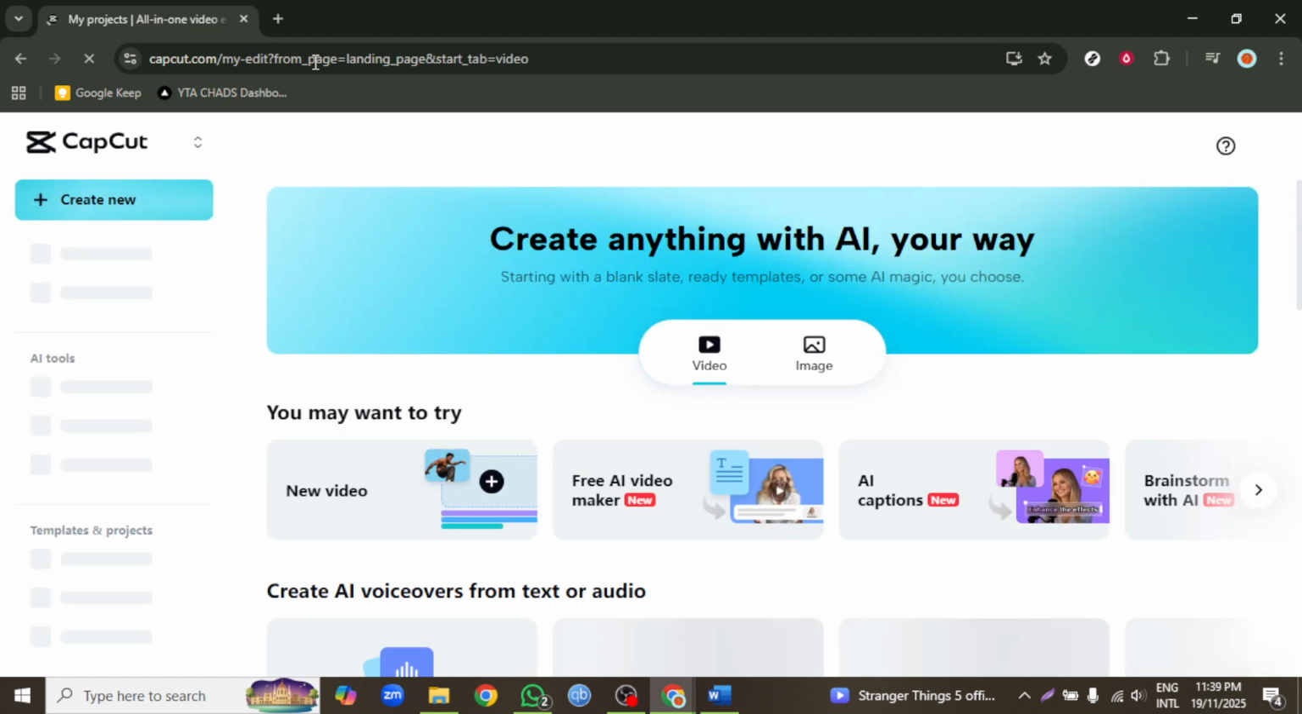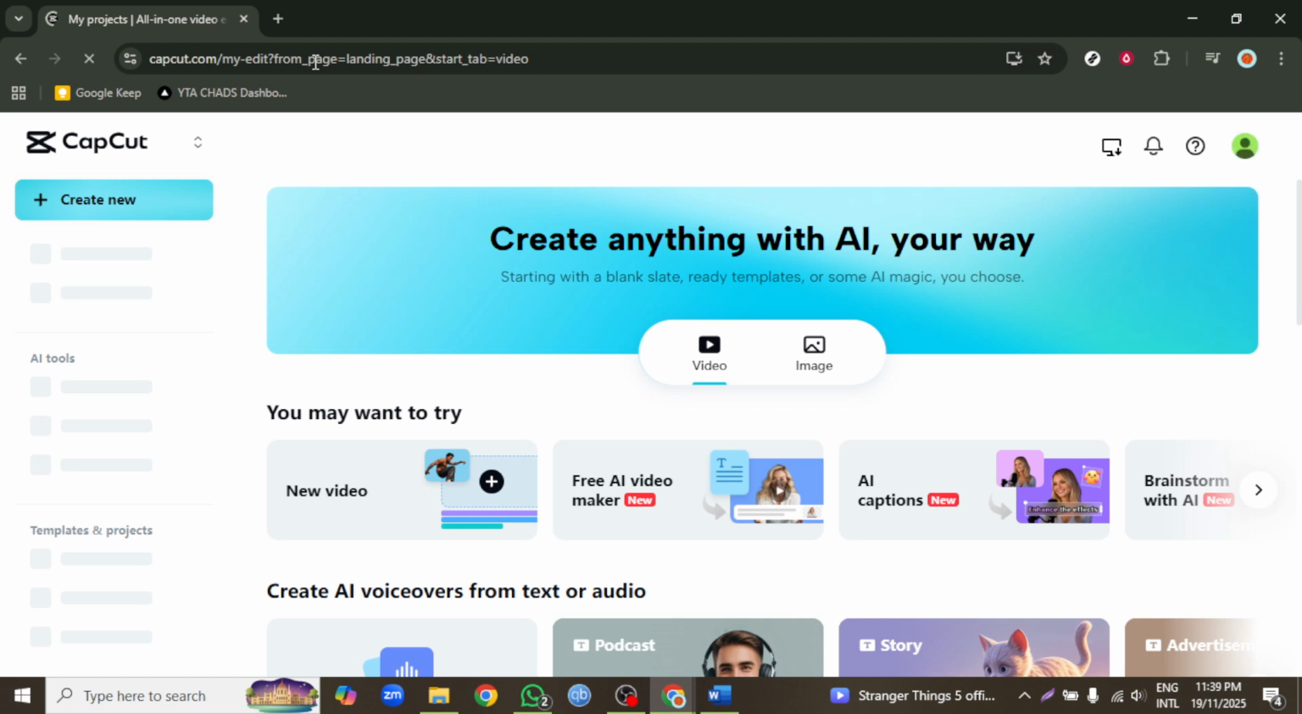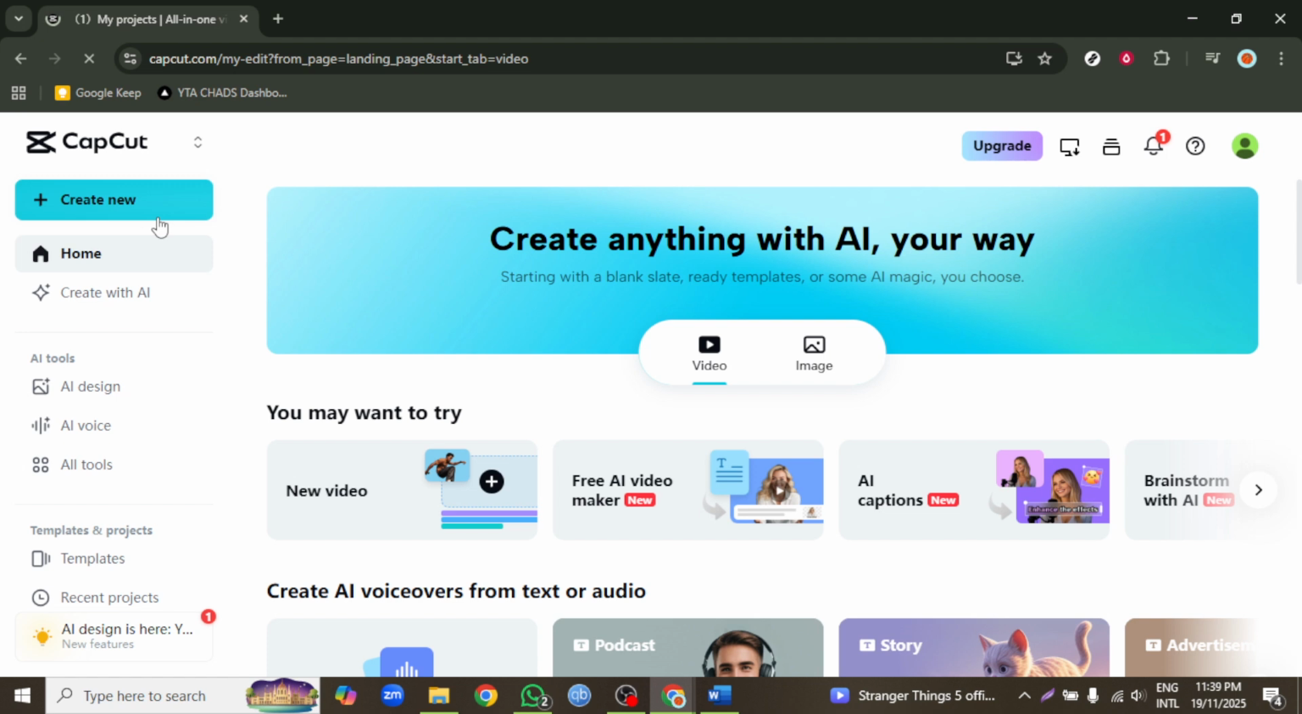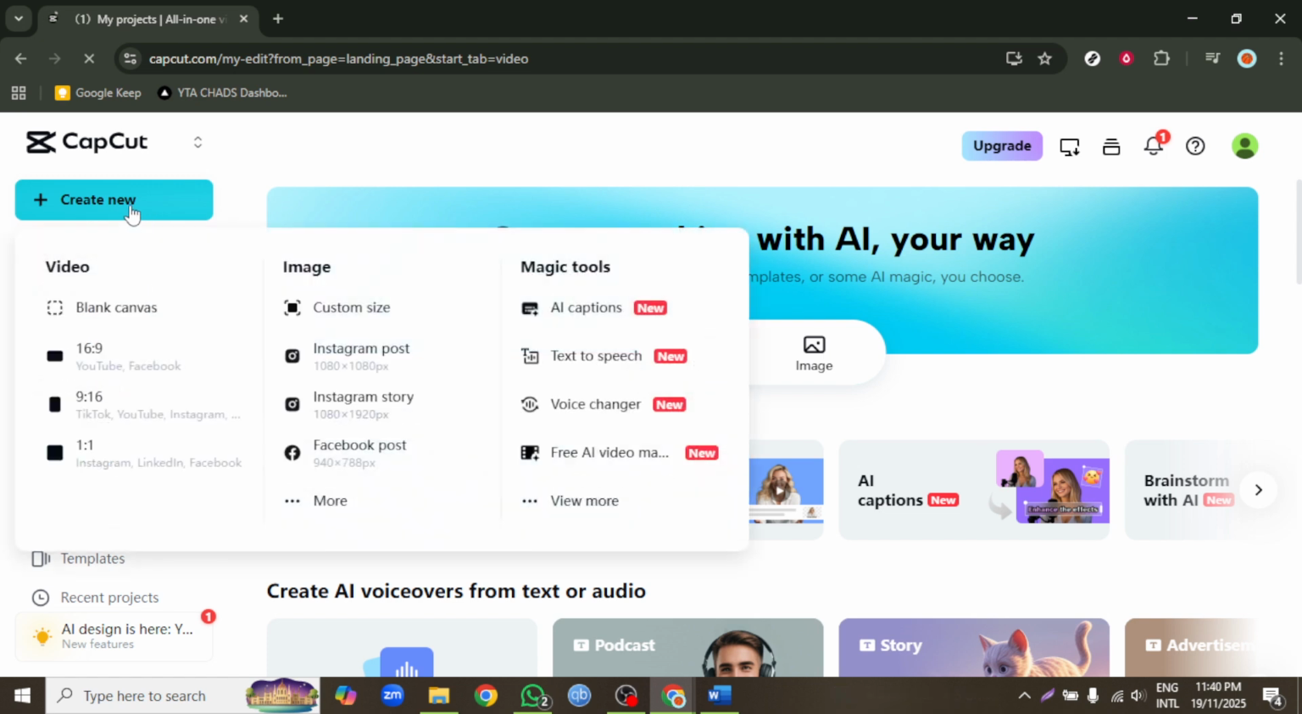First, open your browser and head to Capcut.com. This brings you to Capcut's web editor, where you'll do everything inside your project. Next, choose Create New. This opens a fresh workspace with a clean canvas and timeline so you can start editing